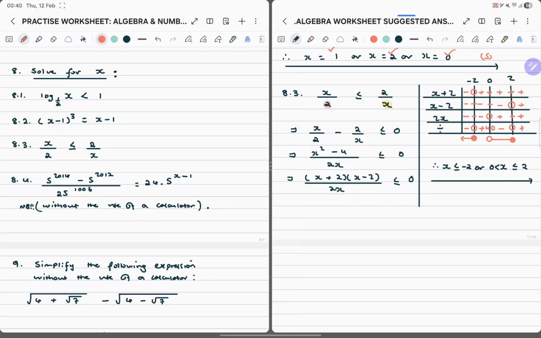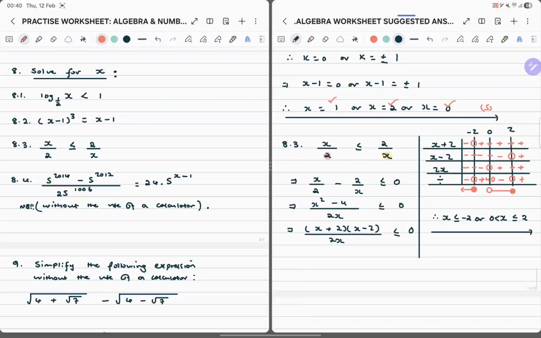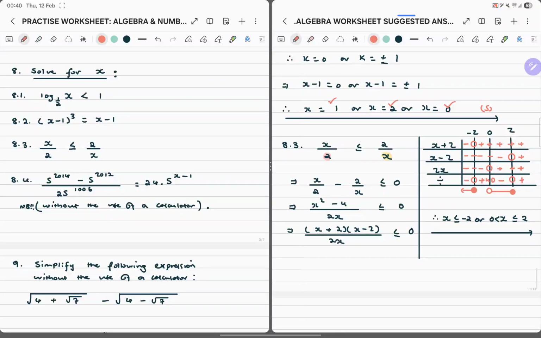X cannot be equal to 0 because we would have an undefined situation. All right, that's it, folks. We get it done. Of course, you can draw the graphs and work on the graphs, but that's a business